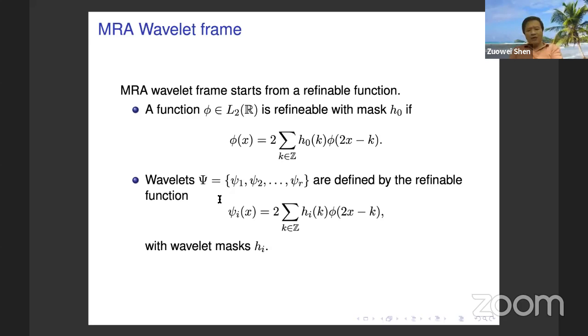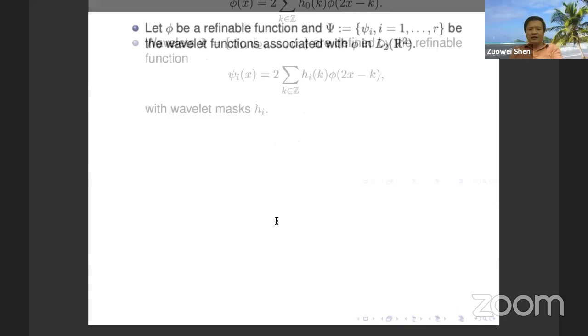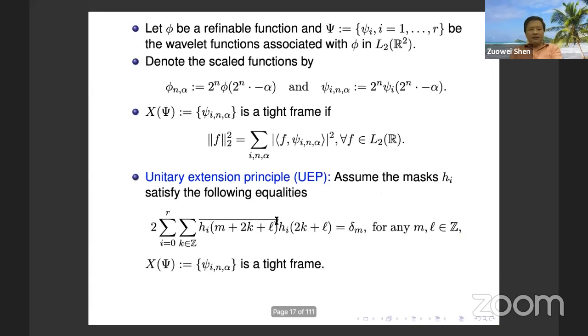Because we are using a redundant system, we choose a set of wavelets: psi 1, psi 2, until psi R. To define the wavelets given the refinable function, you just need to find proper HI. What kind of HI do you want to find? You want to find HI so that the psi's, with their dilations and translations, form a wavelet system which is a tight frame. So what's the condition for HI? This is the famous